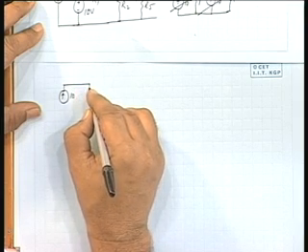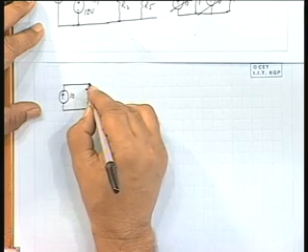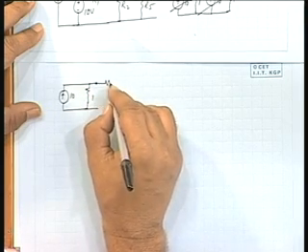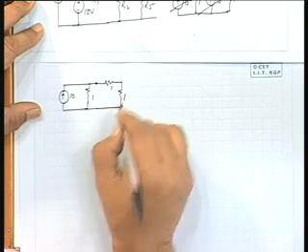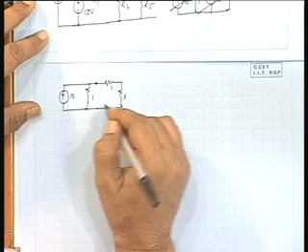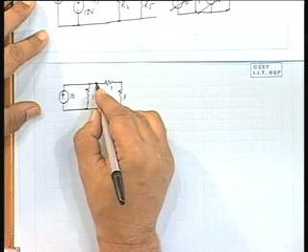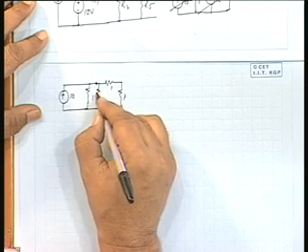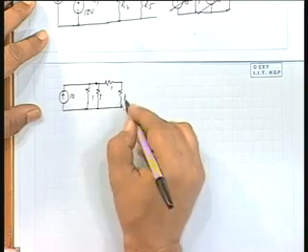Ten ampere, 1 ohm, we can put it this way, then 1 ohm, 1 ohm, this is R5, this is R2, R4, R5,